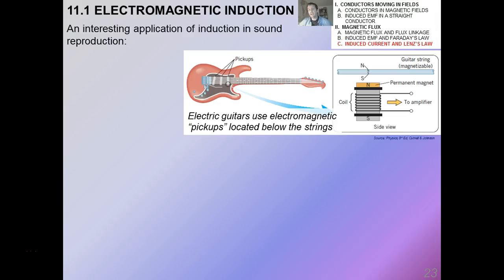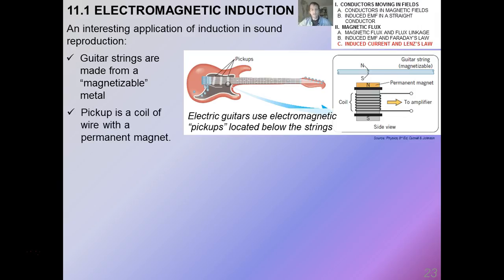As a guitar player, I have to throw this in. Really interesting application of induction in sound reproduction. If you've ever played an electric guitar, you know that it has pickups. And if you spend a lot of time noodling around with an electric guitar, you notice that the pickups have pretty strong magnets in them. Why do they have magnets? Well, guitar strings are made from a magnetizable material. What I mean is it's a material where its magnetic domains are able to be aligned and actually become a magnet,